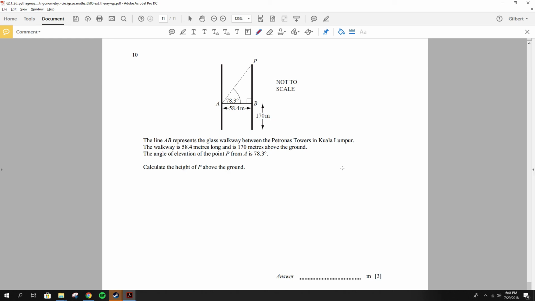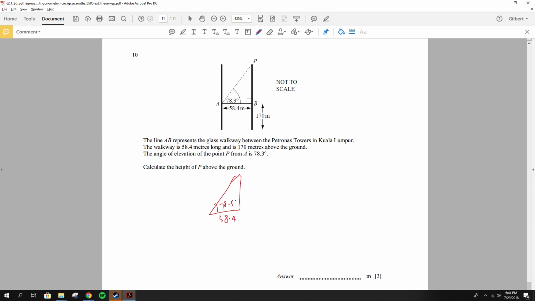The last question. Line AB represents the glass walkway between Petronas Towers in Kuala Lumpur. The walkway is 58.4 meters long and 170 meters above the ground. The angle of elevation of P from A is 78.3. Calculate the height. Now we can just simply take this as a right angle triangle problem with 78.3 and 58.4,